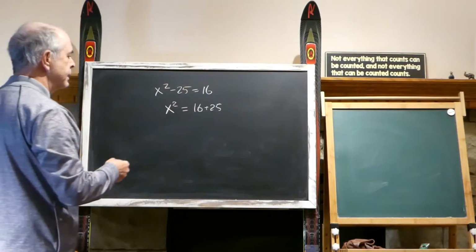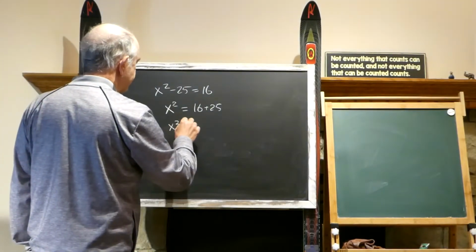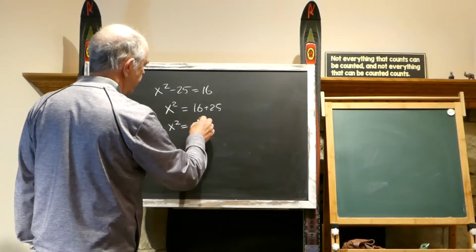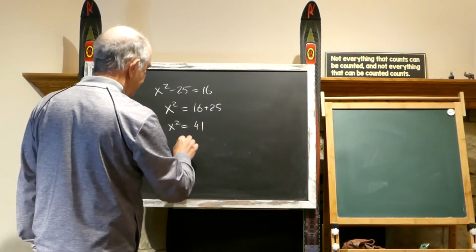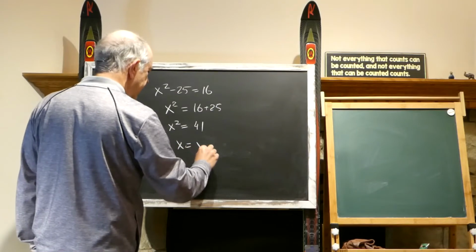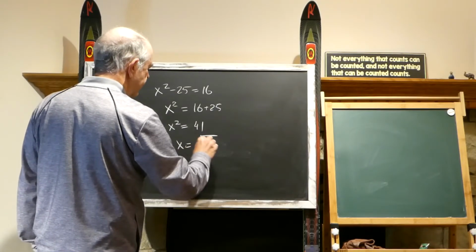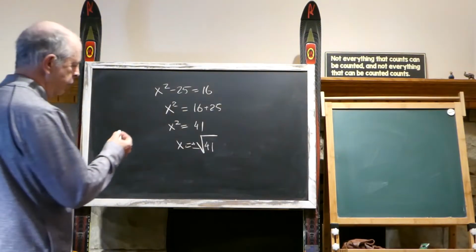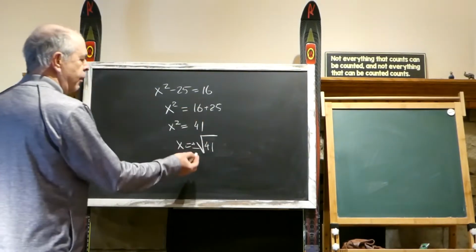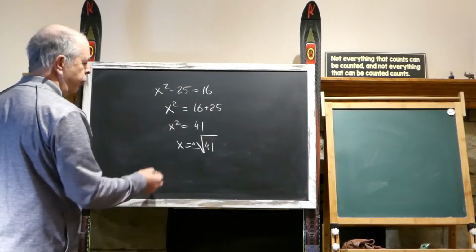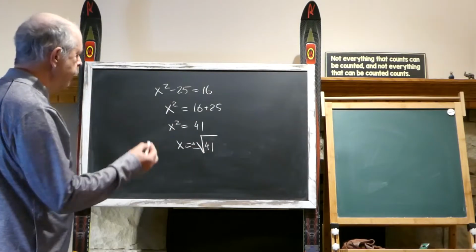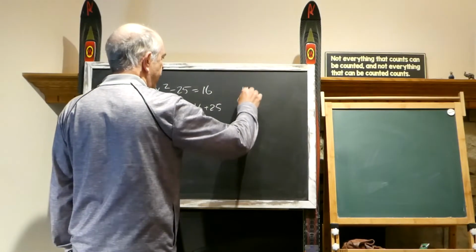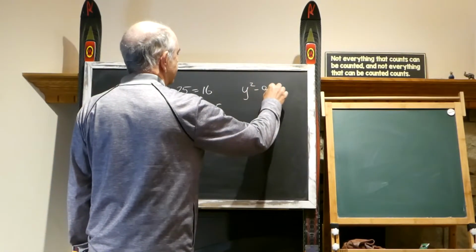Right? And then it would be x squared equals 16 plus, I took bad numbers, 35, 41. And then for x, I extract the square root from both sides, and it will be plus or minus. Because a positive number and a negative number would both be good, because if I multiply it by itself, this becomes 41 and this becomes x. Of course, if I put here better numbers, like for example y squared minus 9, that's